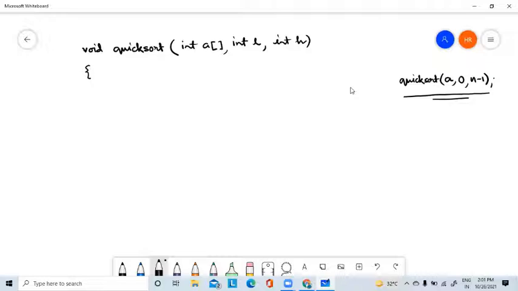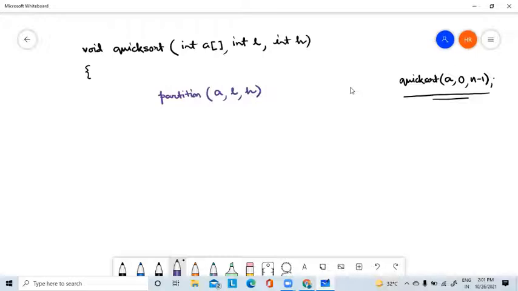In quick sort, the first thing that we have to do is choose the pivot. So pivot selection is the most important, and the pivot is actually partitioning the array into two subproblems. That function is sometimes called partition. So I will call a partition algorithm. Okay, what are the arguments? The arguments are array, then the lowest index value and the highest index value.